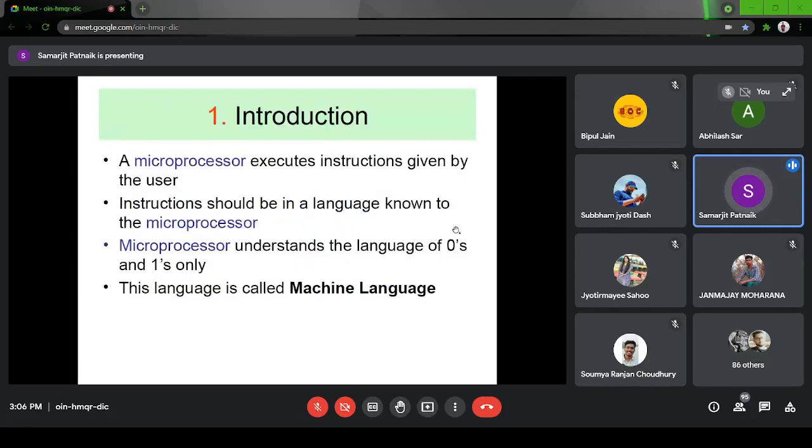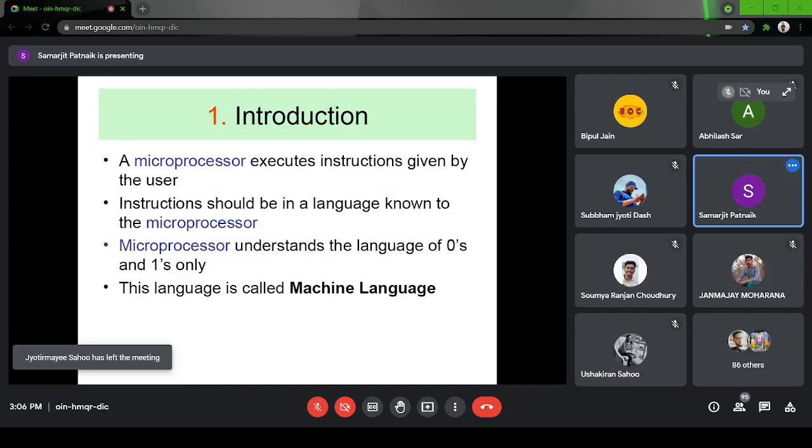Why do we need a microprocessor? To execute some kind of instructions or programming, we have to read some data and, based on some logical analysis, operate on something.